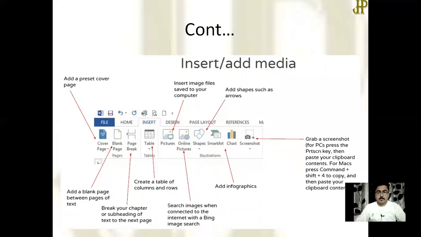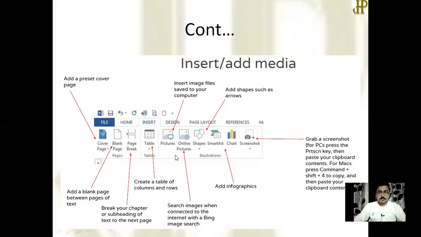This is the pictorial representation of the Insert tab. In the Insert tab, you will see the section related to pages here, the section related to tables, how to create a table, how to design a table.